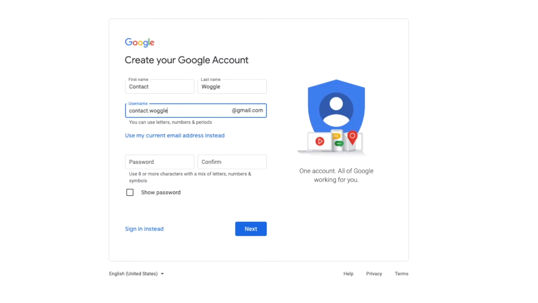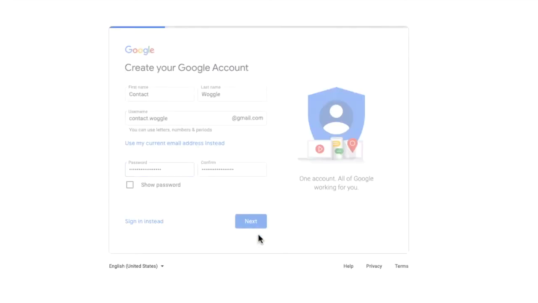You may find that the username you've chosen is already taken. Your username must be unique to you, so try mixing it up until you find a username that's free by adding numbers, different spellings, or special characters. Once you have a unique username, then you need to provide a strong password. Google recommends that your password is at least 8 letters long and has a mix of A to Z letters, numbers, and symbols, like a $ sign or an exclamation mark. Once you're happy with all the information provided, click on the blue Next button to move to the next page.